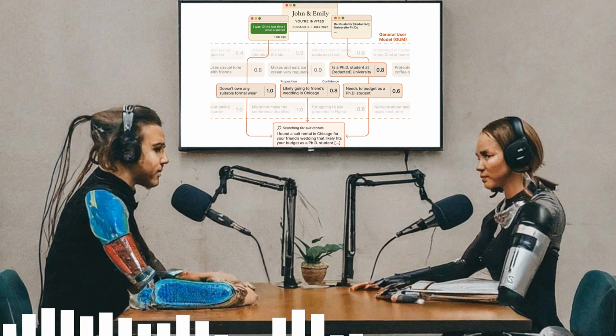So the observe step is the screenshot gathering we just talked about. But the intelligence really begins in the propose step. What does that look like? The AI analyzes the observation and generates natural language propositions about you. But crucially, it doesn't just state a fact. It generates a rationale explaining why it thinks that, and then it assigns a mathematical confidence score ranging from 0